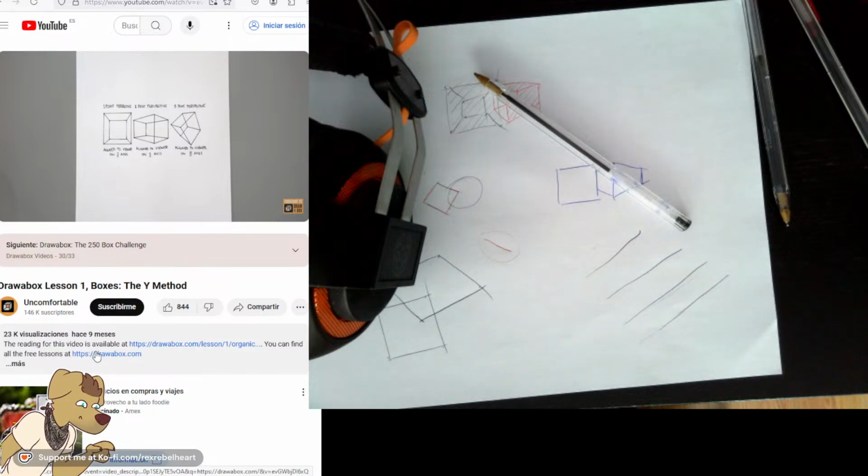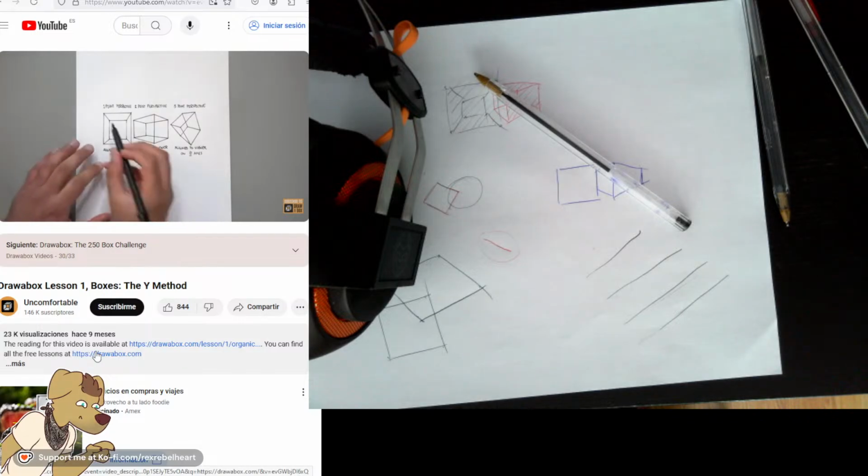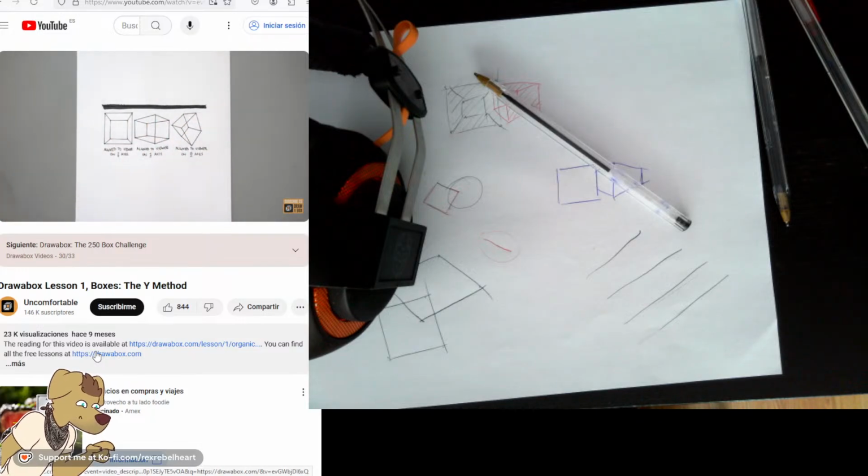Earlier on, at points like Lesson 1's Organic Perspective exercise, as well as the 250 box challenge that follows it, we'll be telling you to use this method specifically. In the future, however, you will likely find yourself coming back to it throughout this course and beyond. While a lot of students will describe it as being a technique that specifically works with three-point perspective, it makes more sense to describe it as a technique that is particularly useful when rotating boxes freely in 3D space,